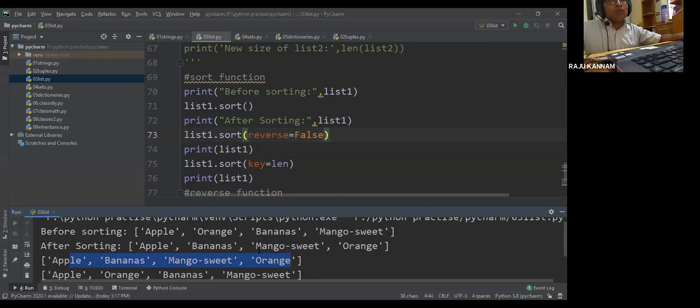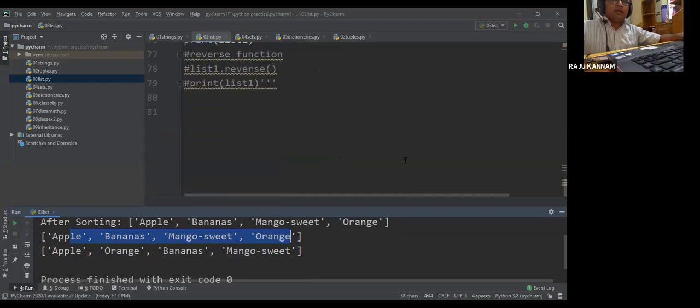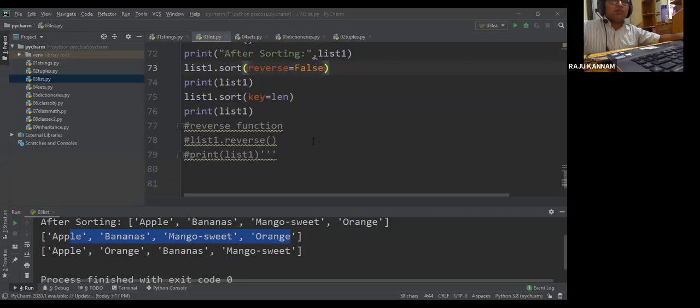Can we use string function in sort method? That means you want to sort the characters in a string. Deepthi Pandey is asking, can we use the string function in key in the sort function? I mean, your doubt is whether we can use this sort function on strings or not. So this is purely a list function. Sort is a function of the list class, so we cannot use this function in the string class.